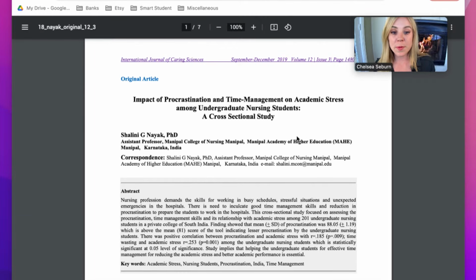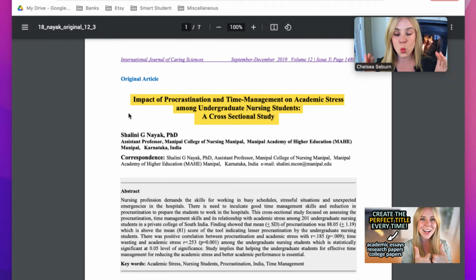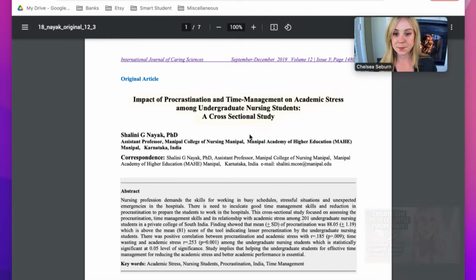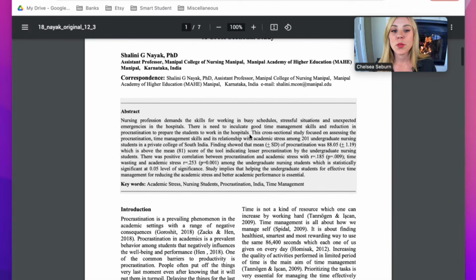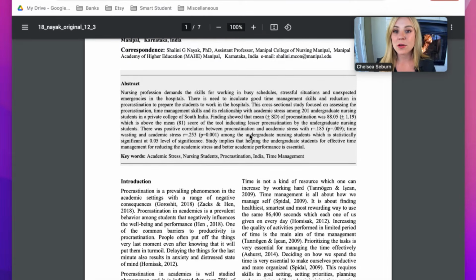The first element you'll have is going to be the title of your research paper. Essentially, the title is a glimpse as to what your research is about. So you want to come up with a title that captures your topic, your scope, and perhaps your methods in case it's relevant. But moving on down, the first main section in a research paper is going to be the